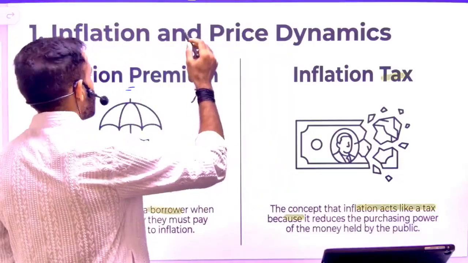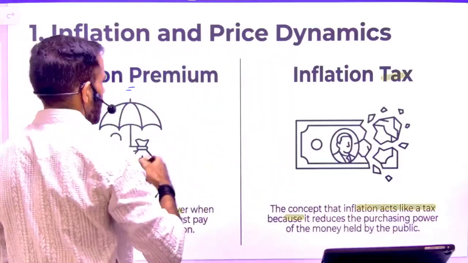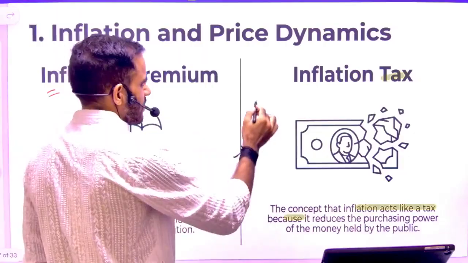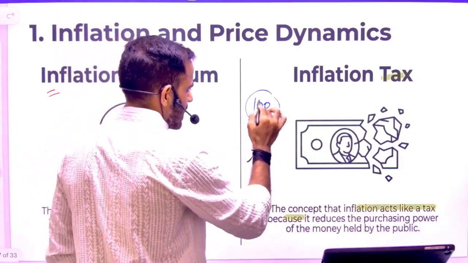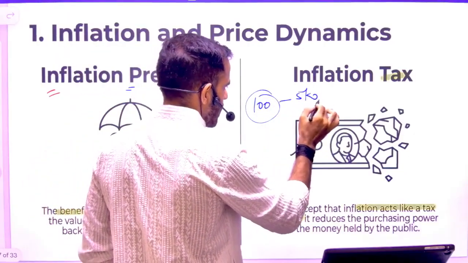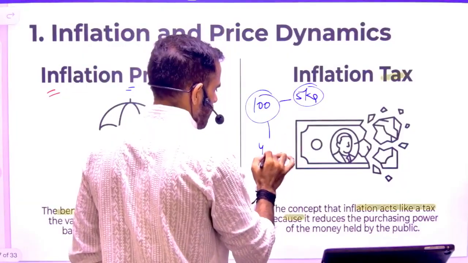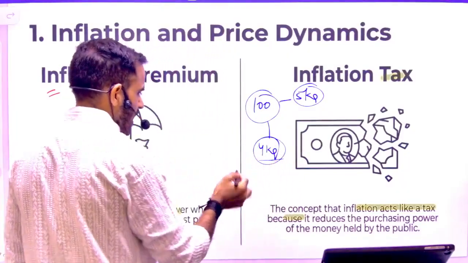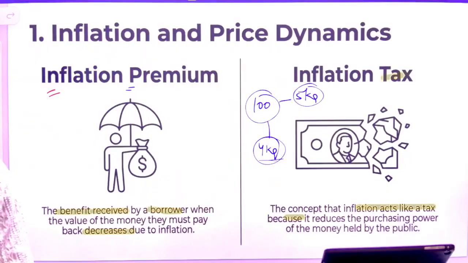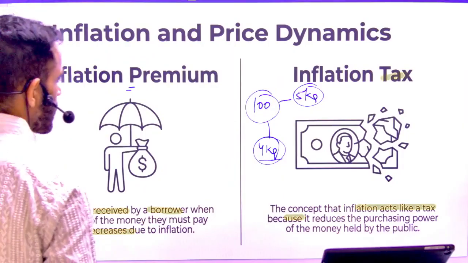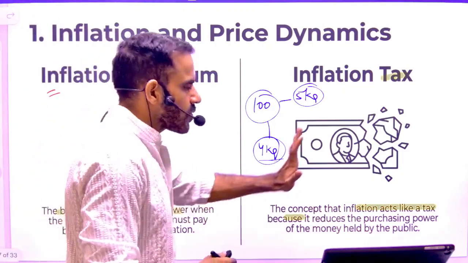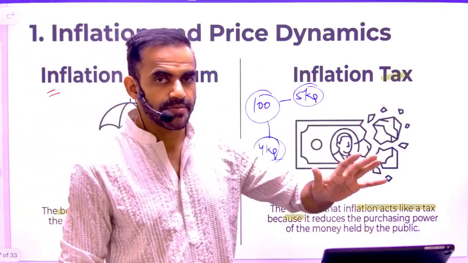Previously we just discussed one example. I am going to continue that example. Previously I was able to buy 5 kg potato for 100 rupees. Now I am able to buy only 4 kg. So can I simply say I am able to purchase a smaller quantity of potato, because now it feels that I am paying more taxation? So my money is going towards taxation. This is just a concept.